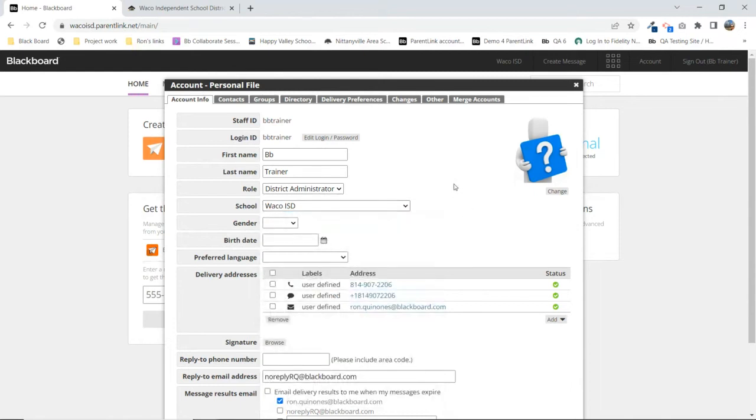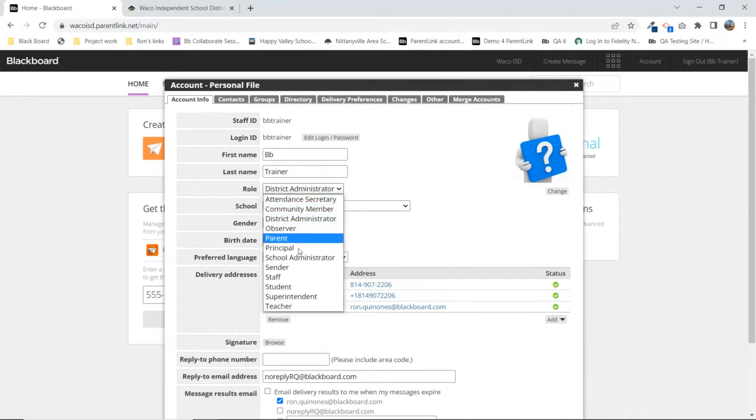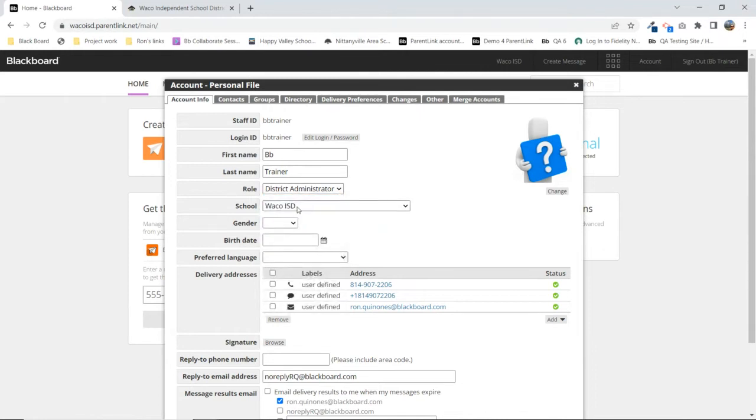But you won't have access to all the settings, right? So you won't be able to change or create certain stuff. You won't have access to maybe all the reports an administrator would have. Okay. Now, the district administrator or school administrator, district administrator being the highest level, say, for the ISD,